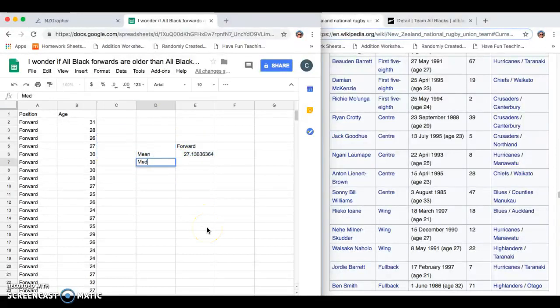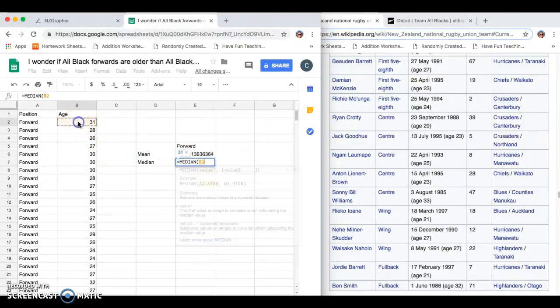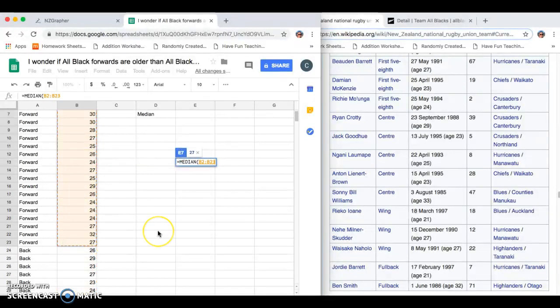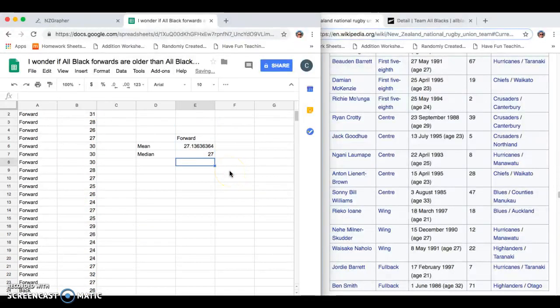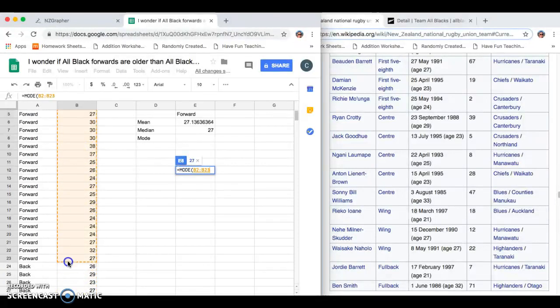And then I'm going to do the median. So again, equals sign, and then I can write in here median. And once again, just selecting the forwards, so I'm just going to click there and drag down to all the forwards, press enter, and it'll give me the forwards median, and once again for the mode. So yeah, as I said, this can be done on NZgrapher as well. Press the equals sign, mode, but it's just something that is quite cool to be able to do in Google